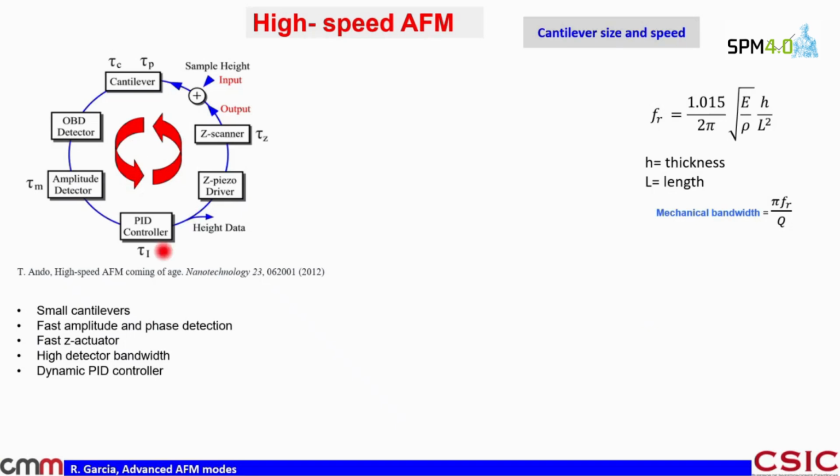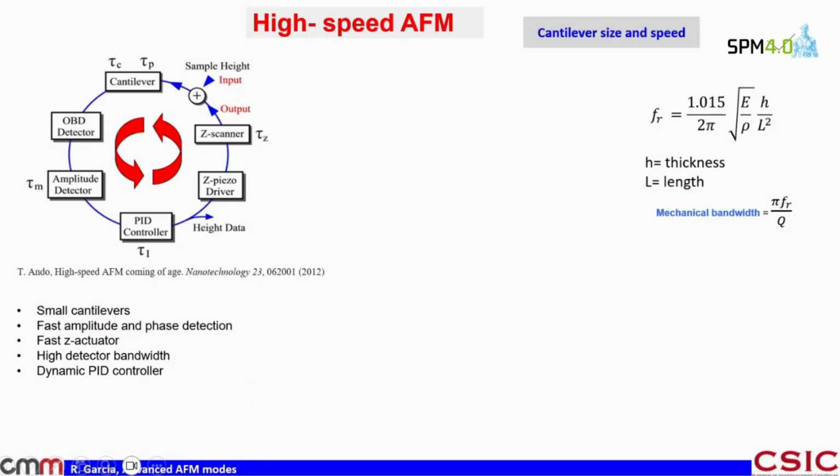The proportional integral controller, how driving the piezo, the scanner, etc. Actually, in each issue, it was one, two, or three PhD theses. So it took a lot of time and a lot of PhD theses to develop high-speed AFM for them and also for other groups. And the key issues are we have to use a small cantilever, fast amplitude and phase detection, fast actuator,